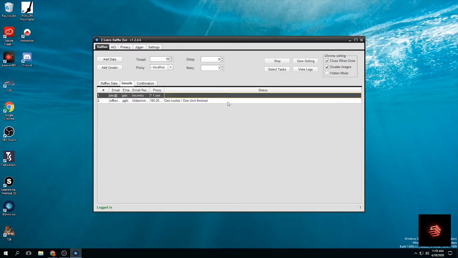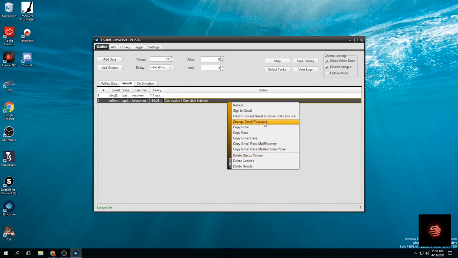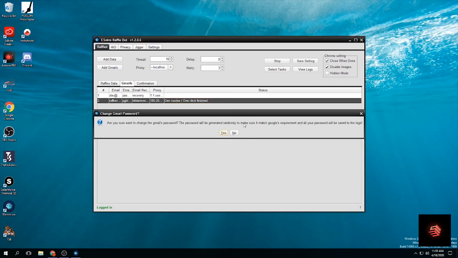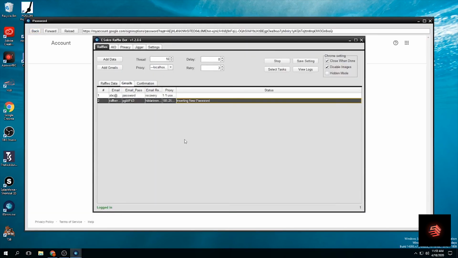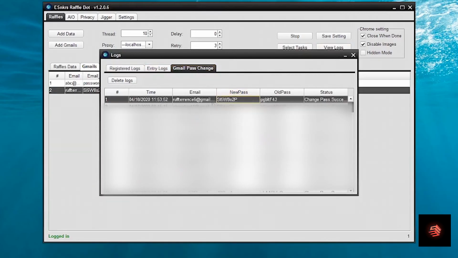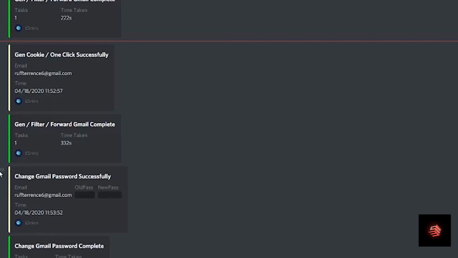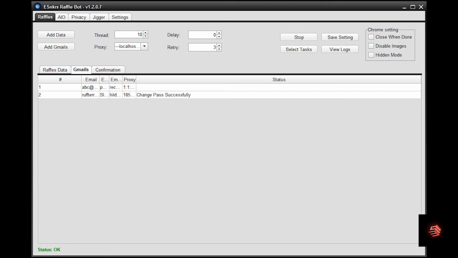Moving on, if you wish to change password, make sure to generate some cookie before doing so. Same as mentioned before, each sneaker will change to a random password. You can view it right after you run this process. Then make sure to copy it back to your Excel or Google Sheet so you won't lose it. But somehow if you forget to save it down, you can still check in the log, or you can check in the Discord webhook. For better result and safety, you could run generate cookie one more time after done everything. Remember, the more you change cookie, the better for your Gmail.